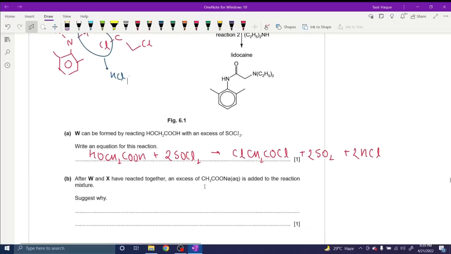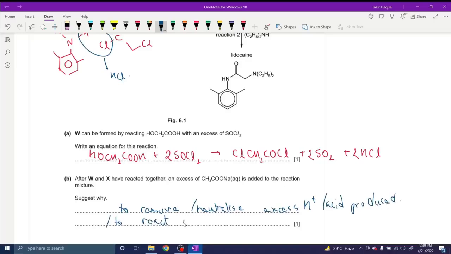So why are we adding sodium ethanoate? You know that this is the conjugate base of ethanoic acid, right? So it's a base, so that the ethanoate ions can actually take in the H plus. Alright. So it is done to remove or neutralize excess H plus or the acid produced by the condensation reaction